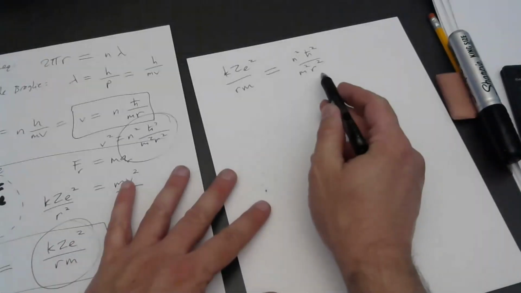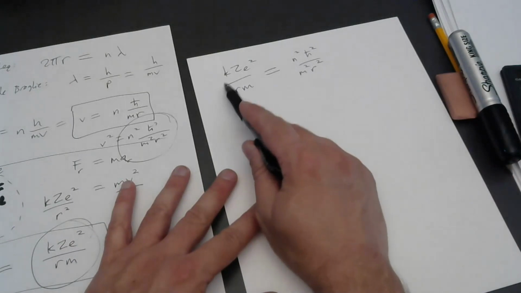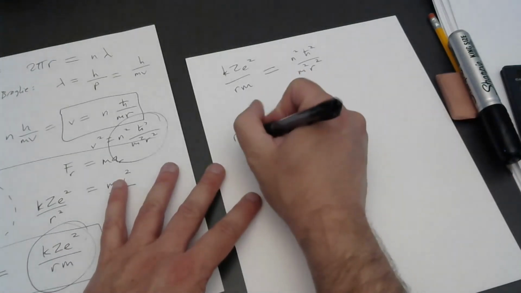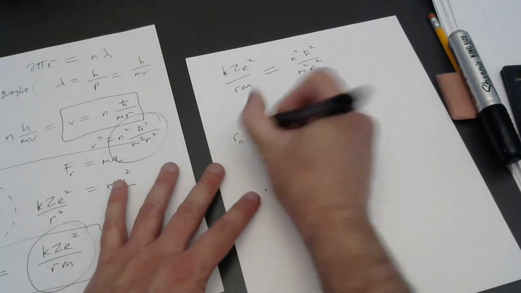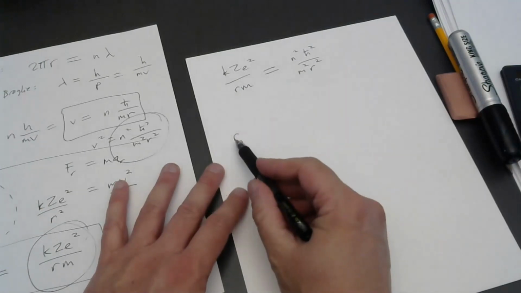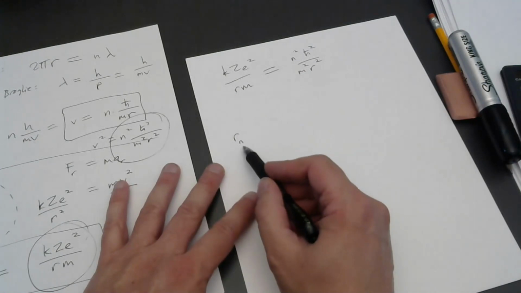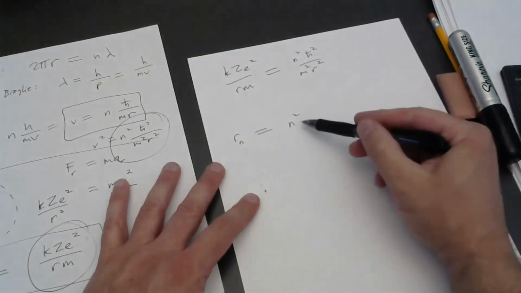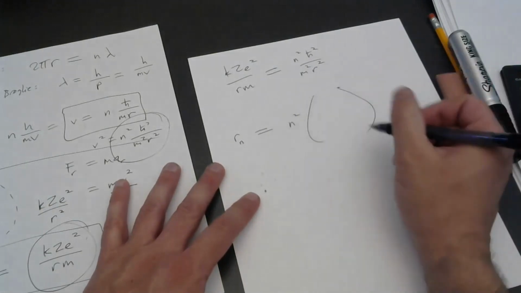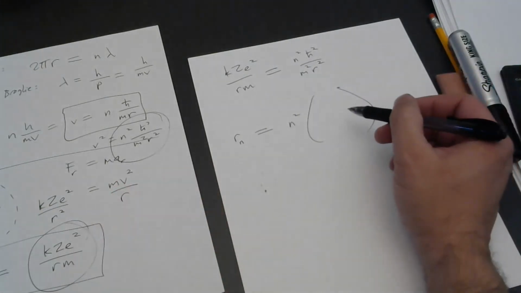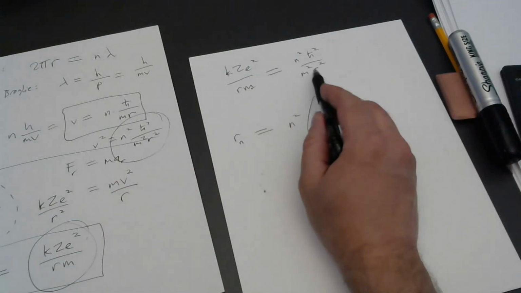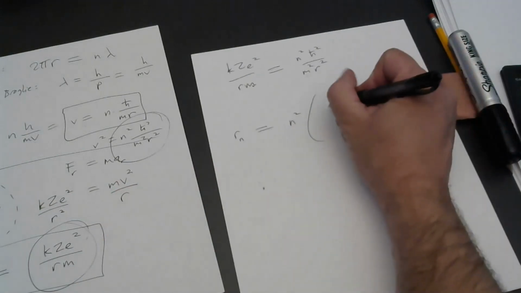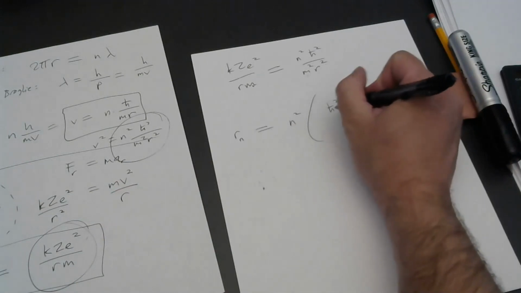So let's solve for r. If I put r squared over here, that would cancel the r downstairs. And I'm now going to label r with the subscript n, because r takes on specific values depending on the integer value of n. So we've got n squared times, and everything that's not n squared, I'll put in parentheses. What do I have? Well, this n is going to cancel one of those n's. And it looks like I just have h bar squared over